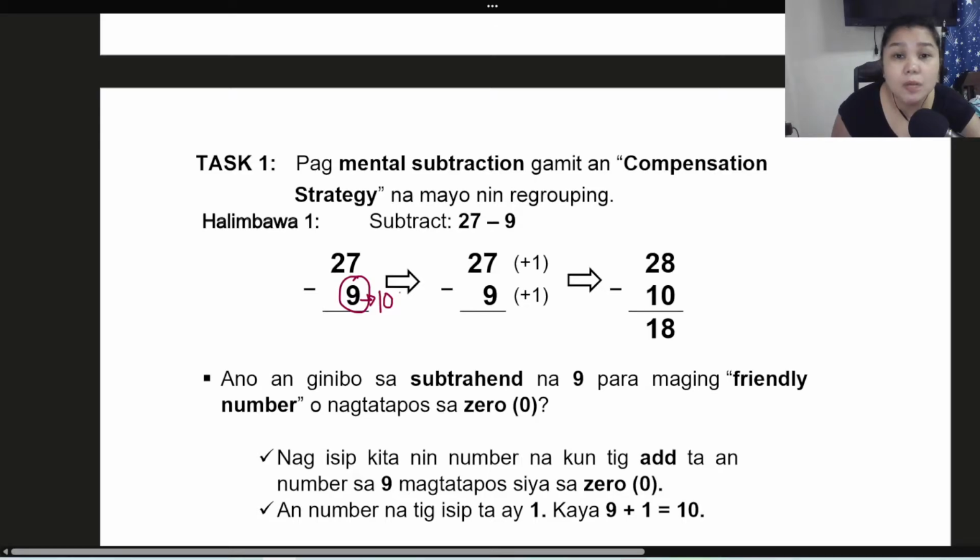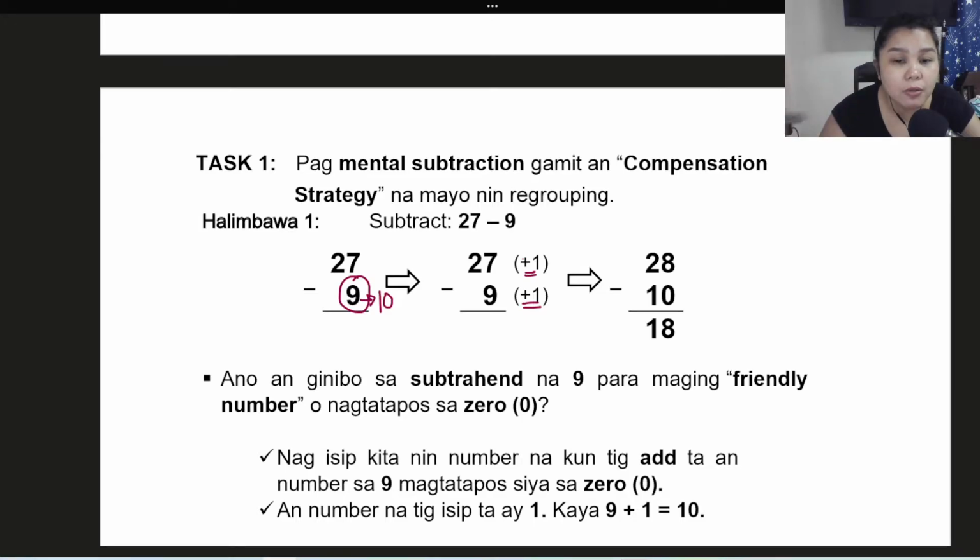Okay, kailangan ng 1. So, 9, 10. Isang step na lang para maging 10. So, dadagdagan siya ng 1 para maging friendly number. And whatever number you added, so may kasabay na siyang addition, so dapat hindi na malilito. Whatever you added on the subtrahend para siya maging friendly number should also be done doon sa taas. So, ibig sabihin, after you identified paano siya maging friendly number, kung anong idadagdag sa baba, you also have to